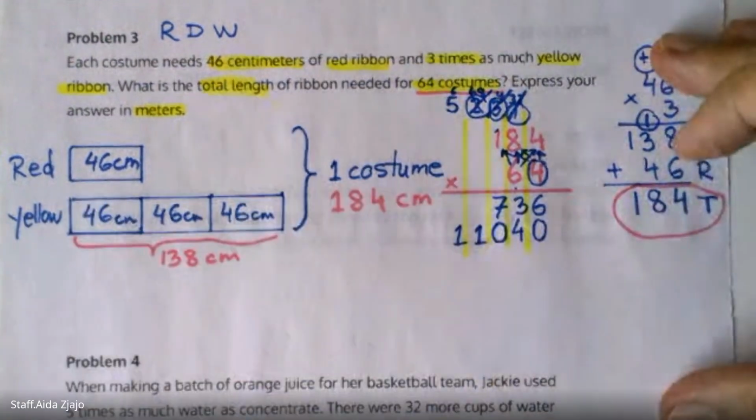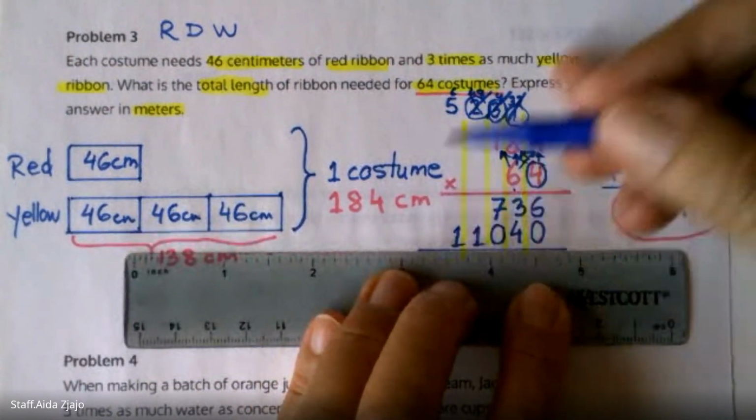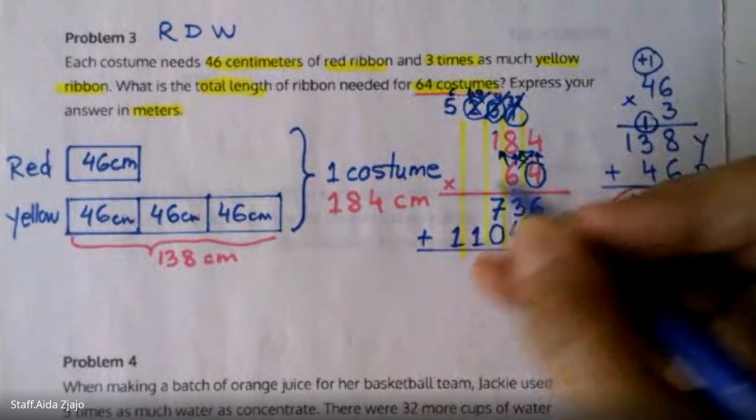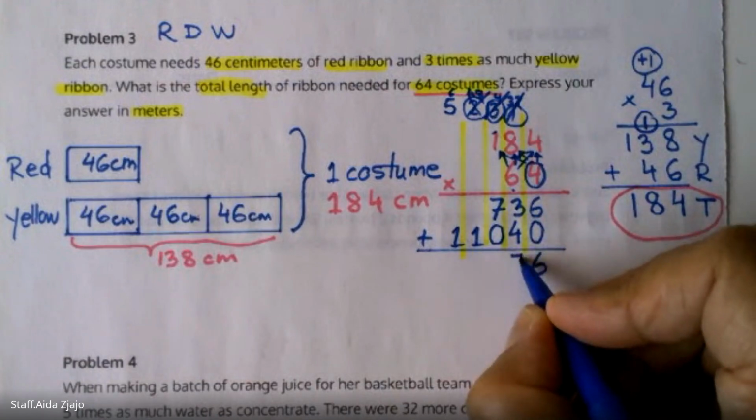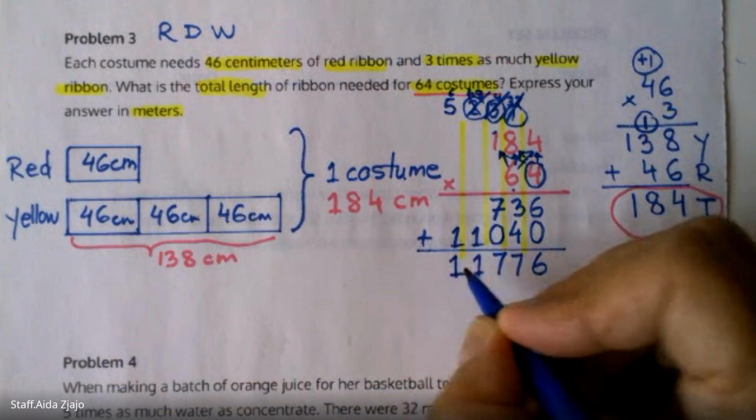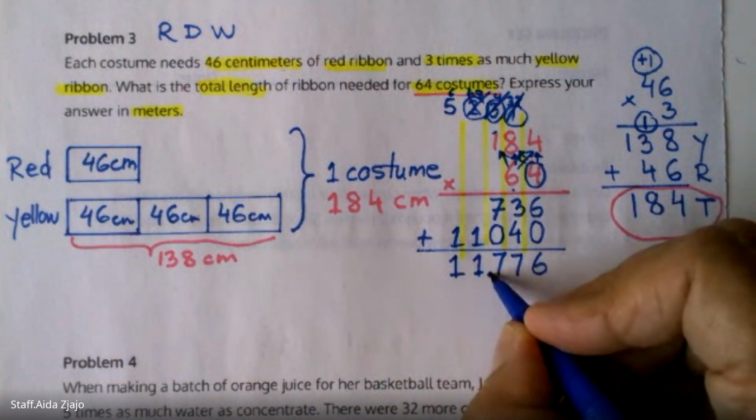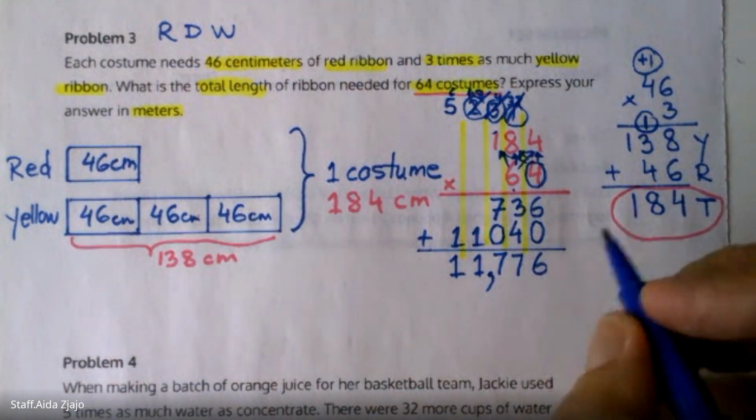And when we add these two products, we will get 6, 7, 7, 1, 1, and then the comma. So this will be 11,776